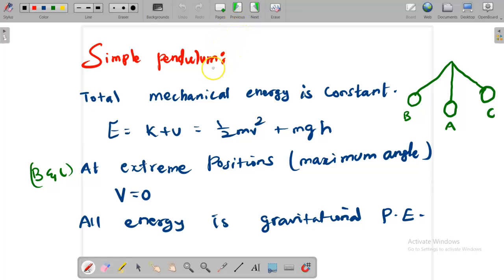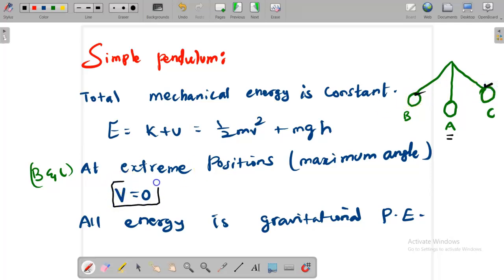Now we have to apply the same concept to the simple pendulum. Here is the mean position A, and the maximum displacement positions are B and C. The total mechanical energy is constant. Kinetic plus potential energy of the simple pendulum is half mv square plus mgh. mgh is the potential energy of the simple pendulum. At the extreme positions B and C,